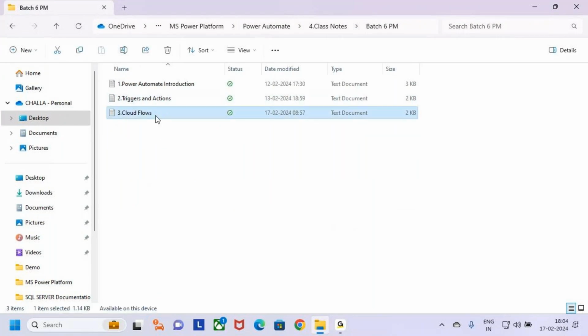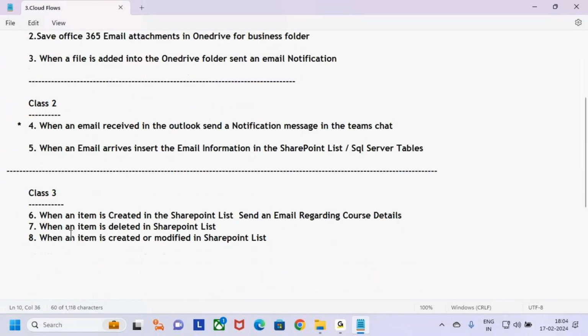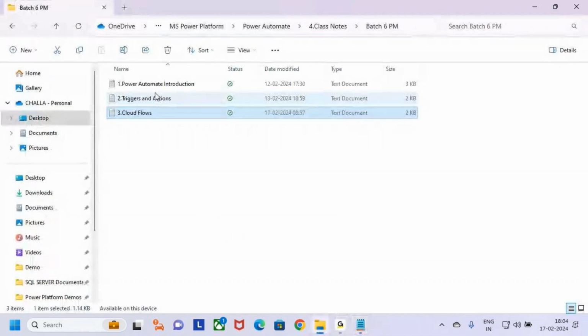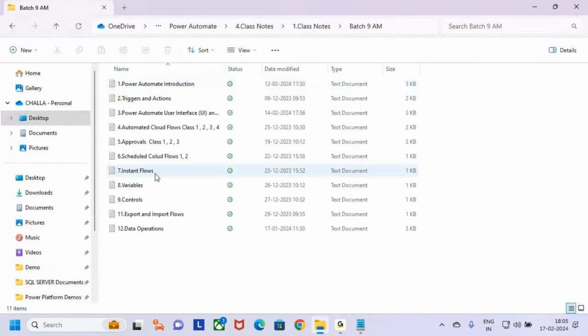6 p.m. And now, see, we started discussing the cloud flows. In this, currently, we're discussing automated cloud flows. Already we're done with the 3 sessions. Today is class 4 regarding the automated cloud flows. In today's session, we'll discuss one use case. So, what is the flow we are going to create now in today's session is